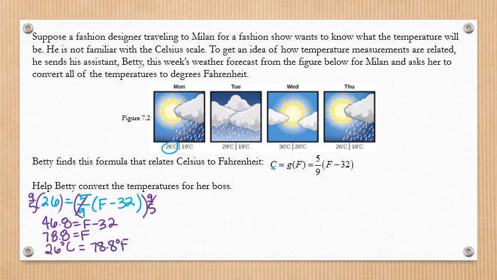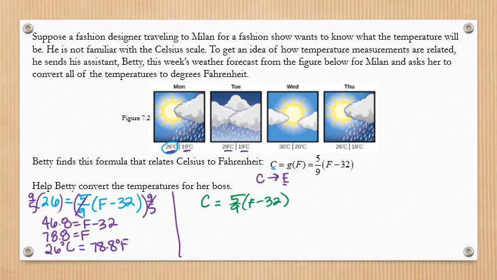Now this would be a lot simpler if we actually had a formula where we inputted in Celsius and it outputted the Fahrenheit temperature, since we have the Celsius and I'm trying to solve for Fahrenheit. So to make the rest of finding these temperatures a little bit quicker, let's take this formula, C equals 5/9 times F minus 32, and let's solve it for F. That way all we have to do is input the Celsius, plug that into our calculator, and we get